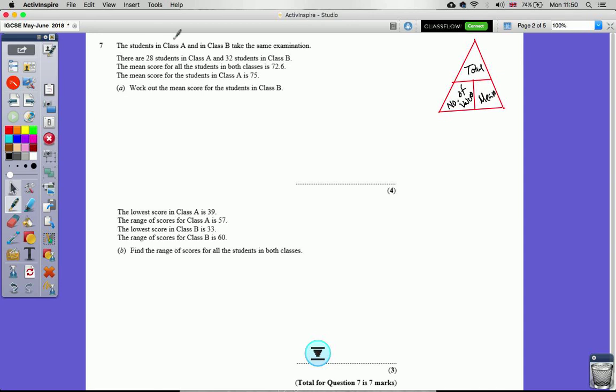Now let's look at the question. There are 28 students in class A and 32 students in class B. The mean score for all the students in both classes is 72.6. The mean score of the children in class A is 75. So what we do first is, let's see how many students are there. So total students